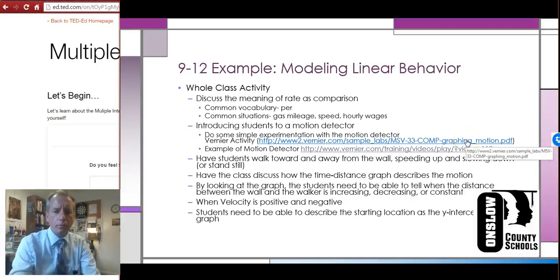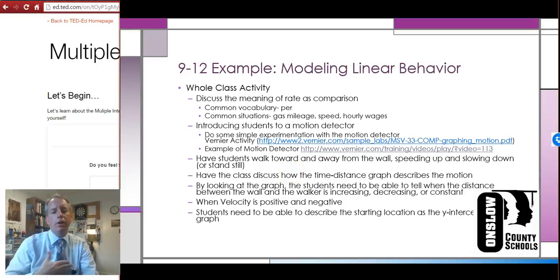So the lesson that is used in this professional development has to do with standing still, walking towards an object, speeding up, slowing down. What would graphs look like in terms of distance, in terms of velocity? How is velocity related to speed? When is velocity positive? When is it negative? What's that look like? Where's the y-intercept? So all those pieces, I want to make sure I bring up that